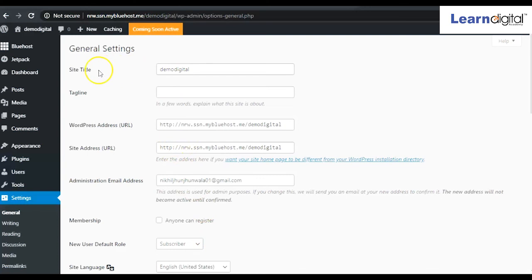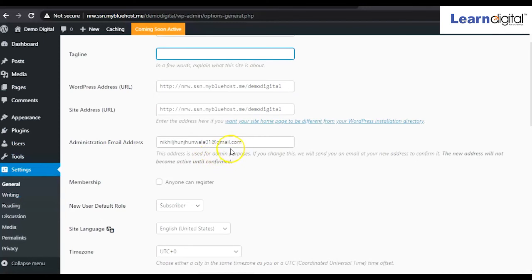So in general here we can see the site title. So site title, that means Demo Digital is taken, the same we created over here. So somehow we can change the site title as well, so it is up to you. So right now what I'm doing, I am changing the thing, like by giving a space and creating a capital letter. Then tagline, if I want, or if you want, you can add the title, and this is the URL. Don't need to do anything over here.